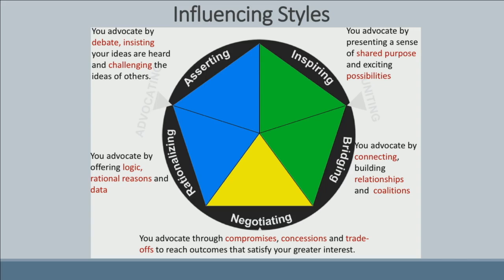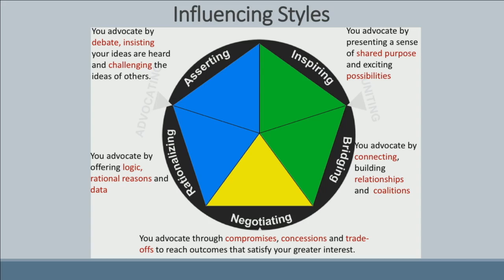It turns out that there are different influencing styles. This particular model carves out five and measures five very specific influencing styles. And so let's talk about those just very quickly in terms of what they are. This is going to lead to some more information, another poll for you.